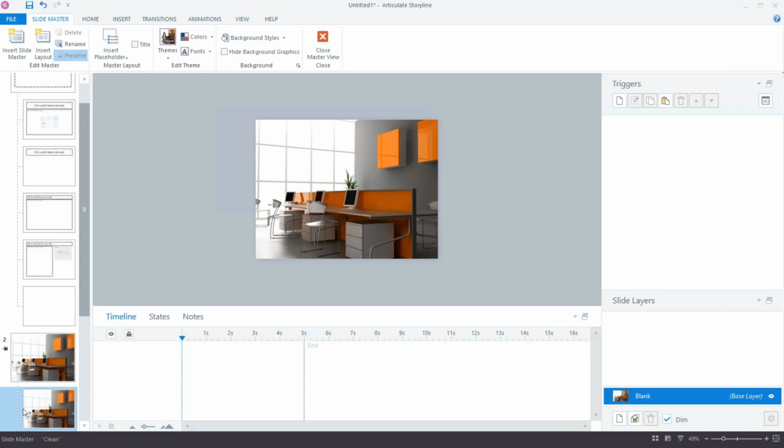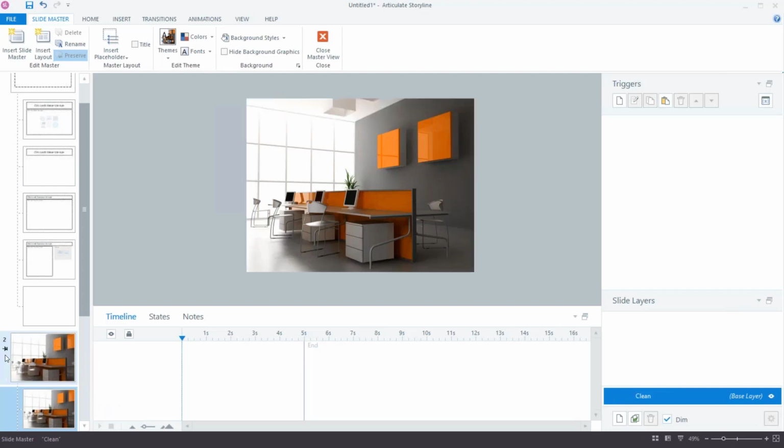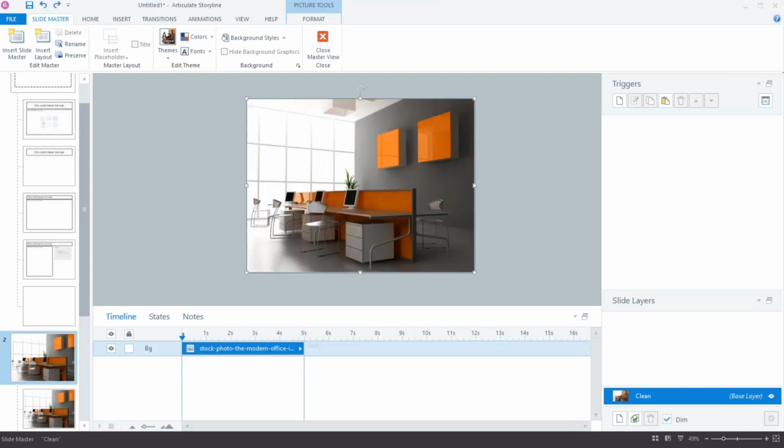So if I copy this slide over to another presentation, it takes the master slide with it. And I can see that by the little push pin right there if I get rid of it. So you can create your navigation buttons right on your master slide,